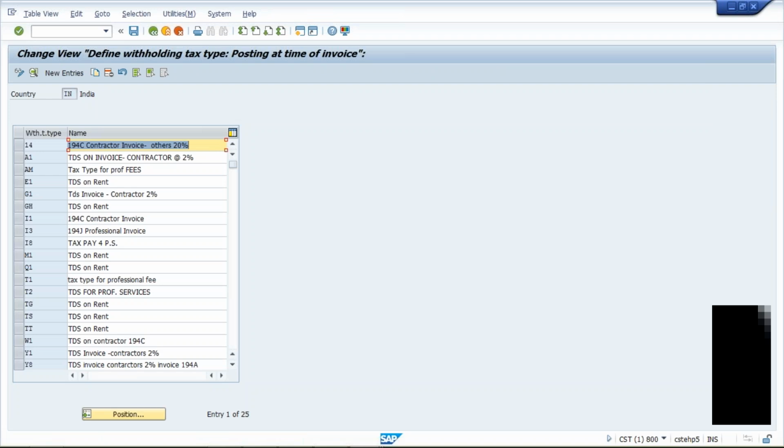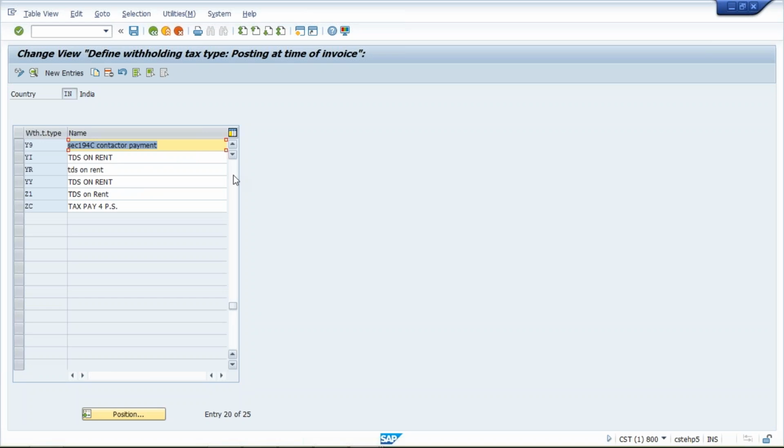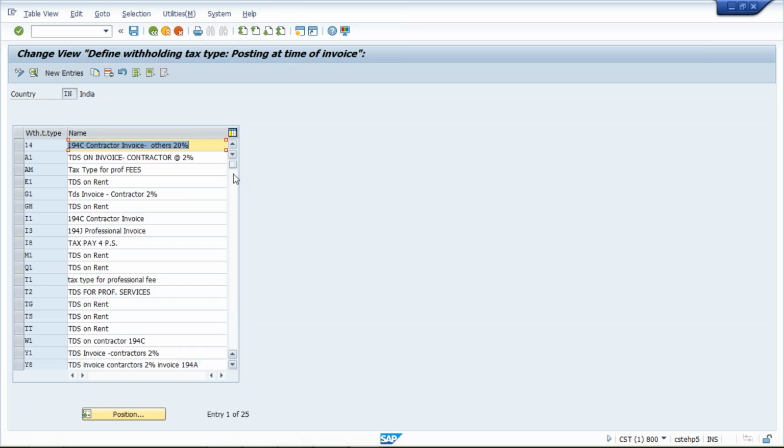Now here we have to define a tax type. The code you have to decide. So let's suppose, okay, I'll do one thing.